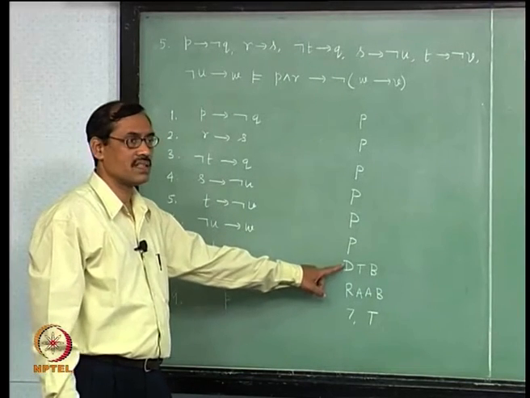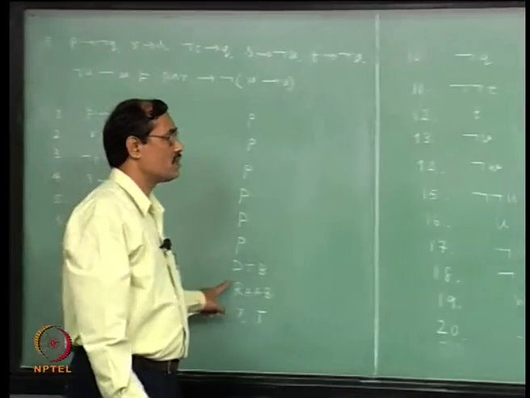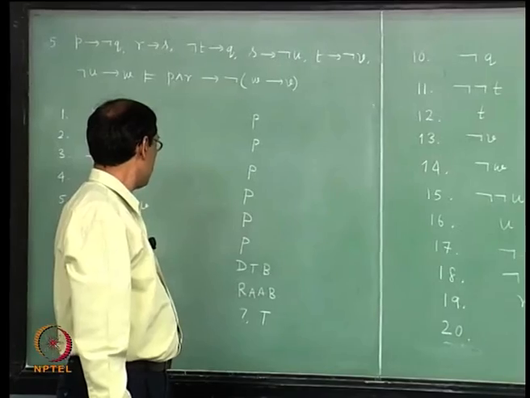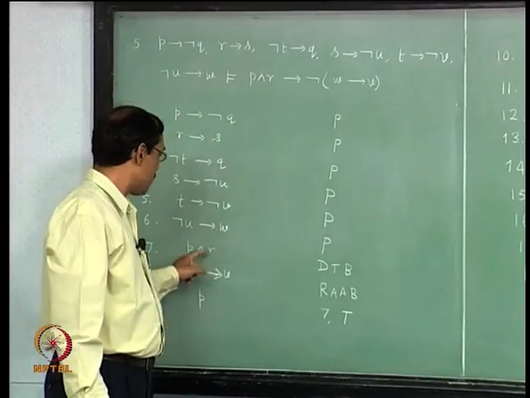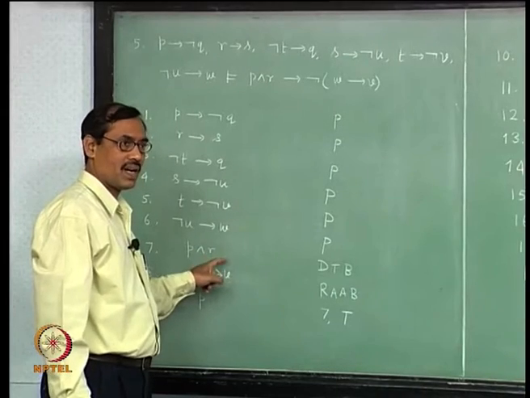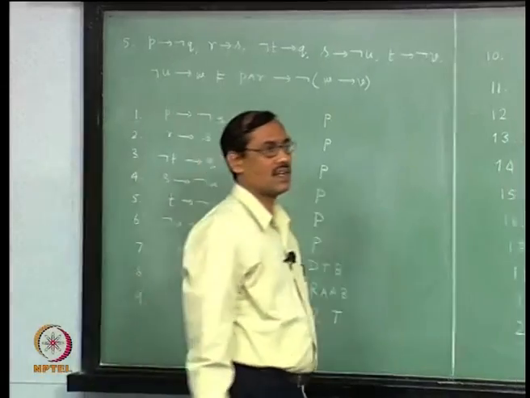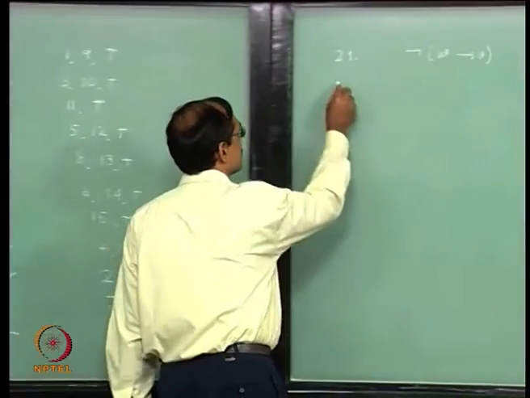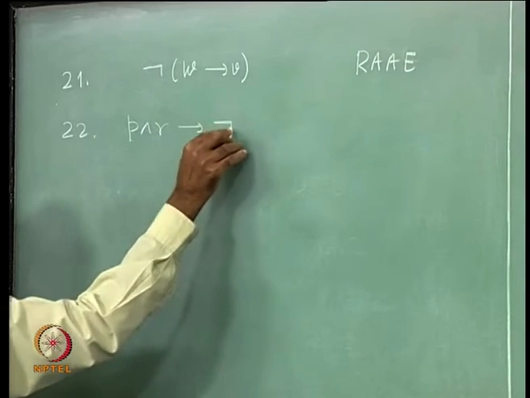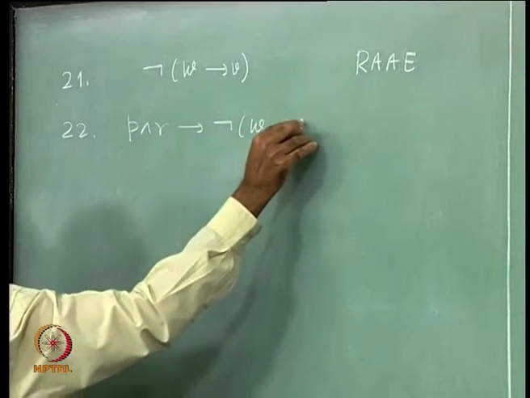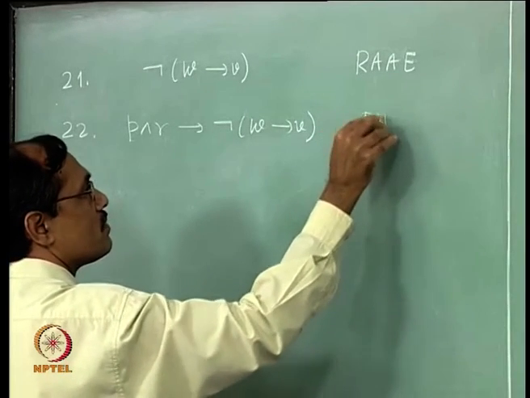But still there is another conditionality which is P and R. So, by deduction theorem you would conclude that W implies V has been obtained, its negation has been obtained by assuming P and R. So, P and R implies negation of that. Is it clear? There you are using the deduction theorem. So, P and R implies not of W implies V. Here ends deduction theorem.